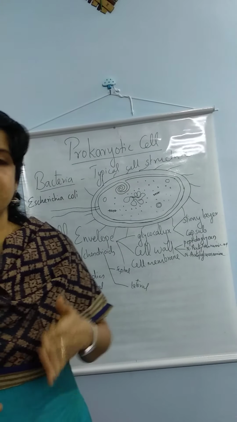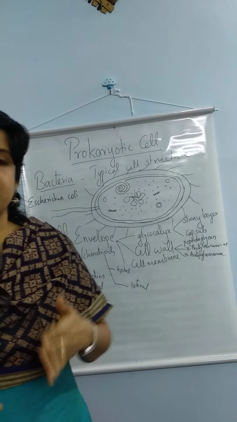The main difference or the main basis of classification of prokaryotes and eukaryotes is the structure of nucleus. If the nucleus is not bound by a nuclear membrane, if there is no true formation of chromosomes, or if the membrane-bound cell organelles are absent, then such group of cells are called prokaryotic cell and the organisms are called